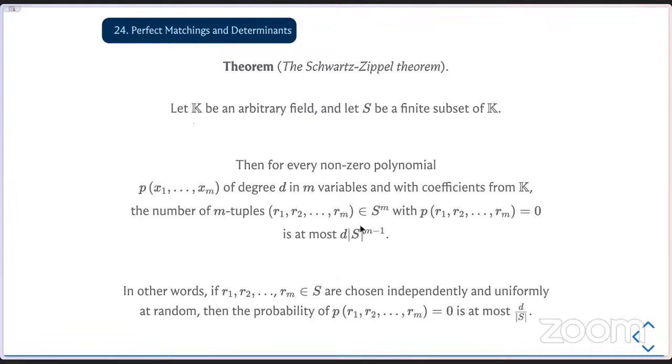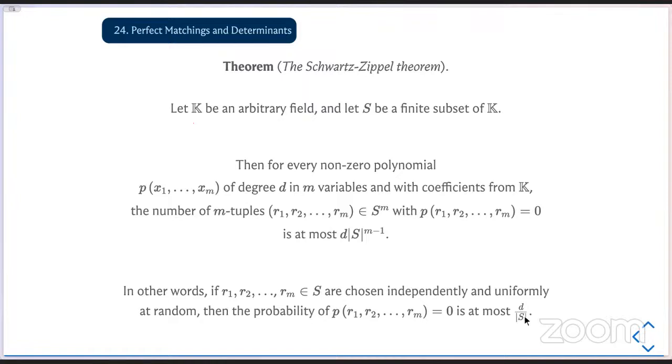It's a natural generalization. When we had the univariate polynomial, this was just s to the 0 or 1. Now we have d times s to the m minus 1. The probability that you hit a 0 if you sample from S uniformly at random. Now, S is a subset of our field and we sample m times, and these are UAR samples. The probability that we again are stuck with a 0 is at most d over the size